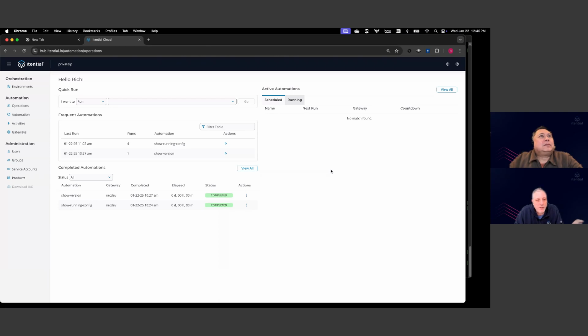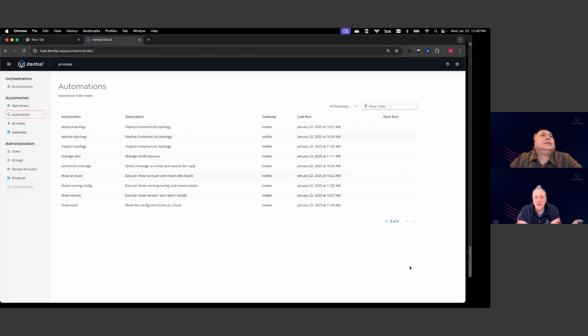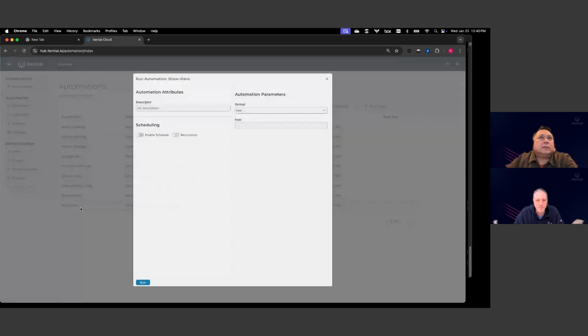So on the left side, if you go ahead and click on the automations, okay, this list should now look familiar to you. It's the same list you saw, right? Correct. So we've tried to make it really easy for you and your team to get started using these automations. So in this particular case, I know that we're going to work on getting a new VLAN deployed, but let's take a look at what VLANs are currently out there. So if you go ahead and select the show VLANs automation, all right,